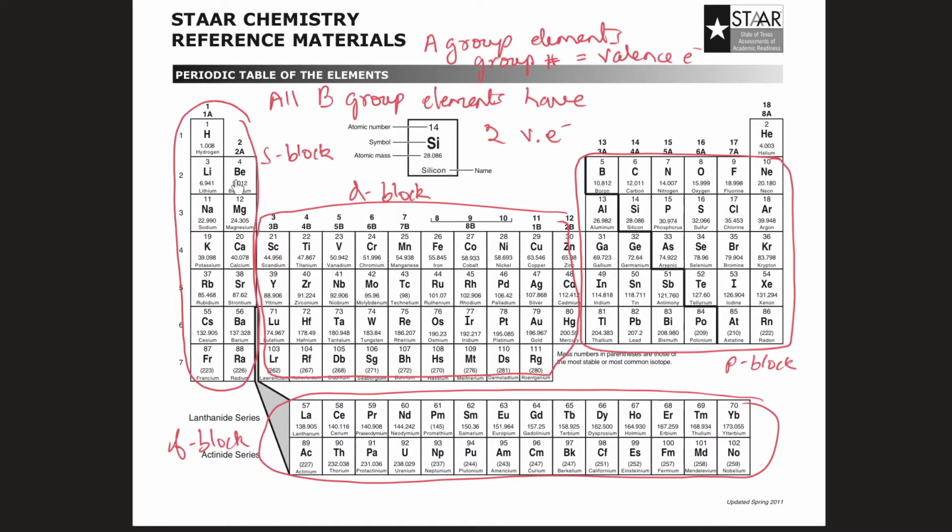Look how many columns are in S block on the periodic table, 2. The P block can hold 6 electrons. There are 1, 2, 3, 4, 5, 6 columns in the periodic table in the P block. And D has 10 columns, F has 14 columns. Now, I don't know about you, but things like these make me happy. So I think,